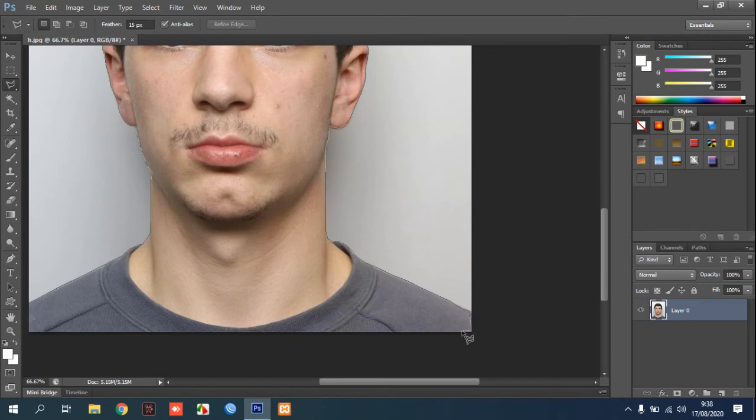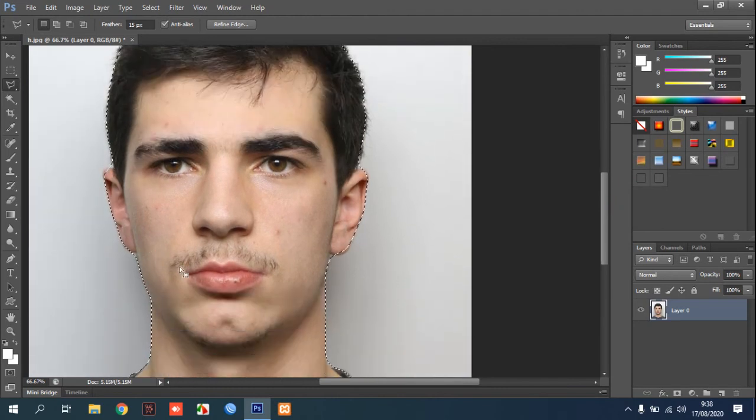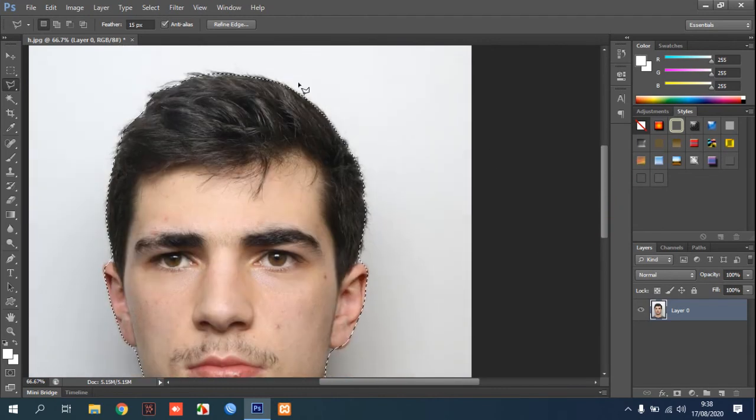You must combine this Polygon Lasso tool with your first selection like this, and then after a layer appears like this,